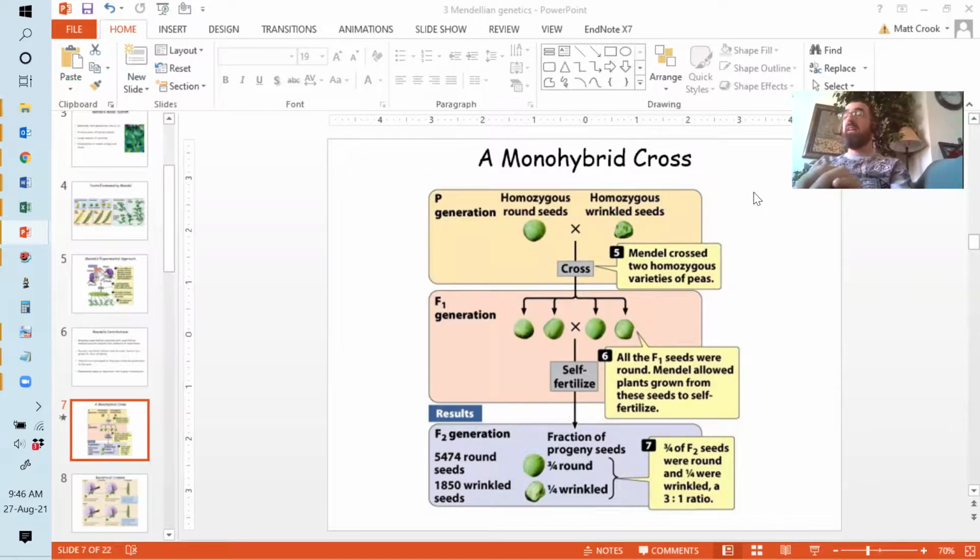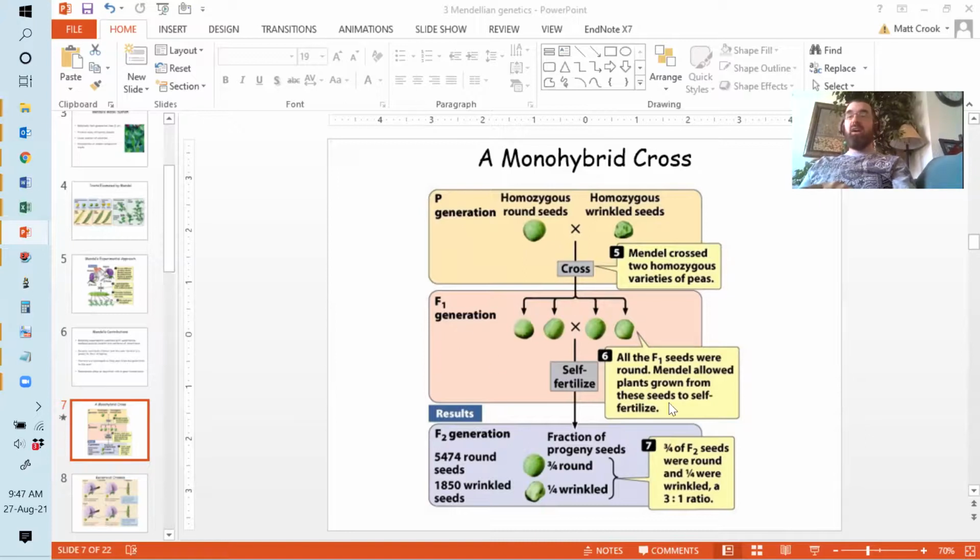Anyway, so monohybrid cross: three generations, right? P generation, F1 generation, and F2 generation. P generation are two homozygous individuals. You don't necessarily know at that point which one of these is dominant, because one of them will be homozygous dominant, the other one will be homozygous recessive. You don't necessarily know which is which, right? You then cross those together. That gives you the F1 generation, and now